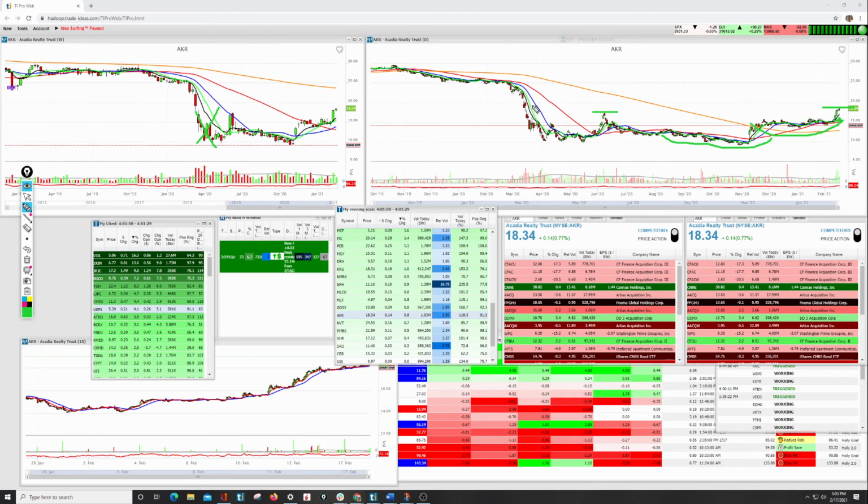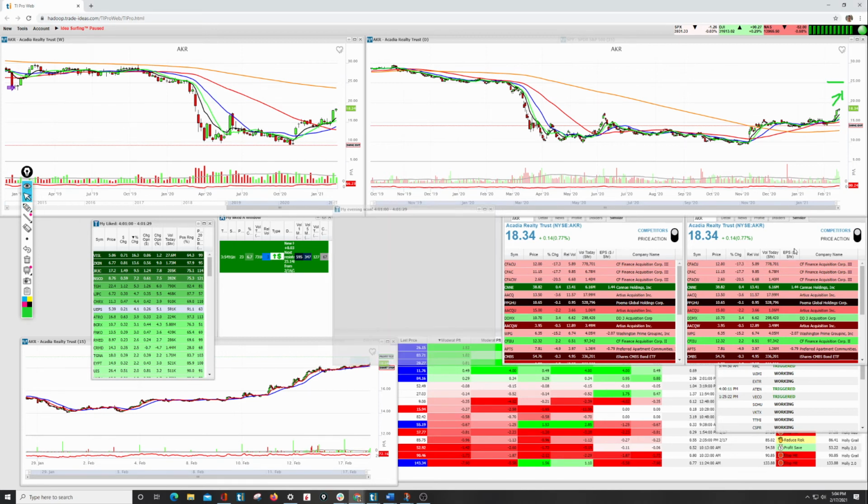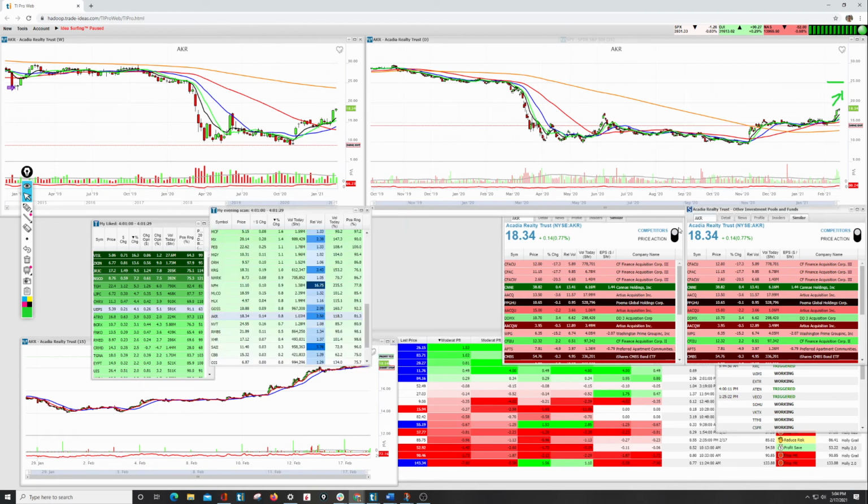And we can see that the next time we find some resistance is somewhere up in this area here. So one might say to themselves, looking at this, around $25 might be the next resistance area. That doesn't mean it's straight up to $25. It doesn't mean it's going to get there whatsoever, as a matter of fact. But that's where some of these other factors come in, and I'm looking at multiple versions of the single stock